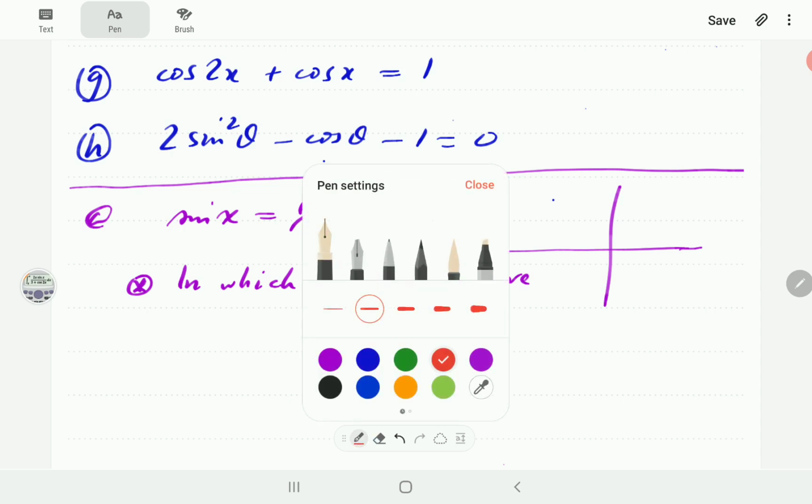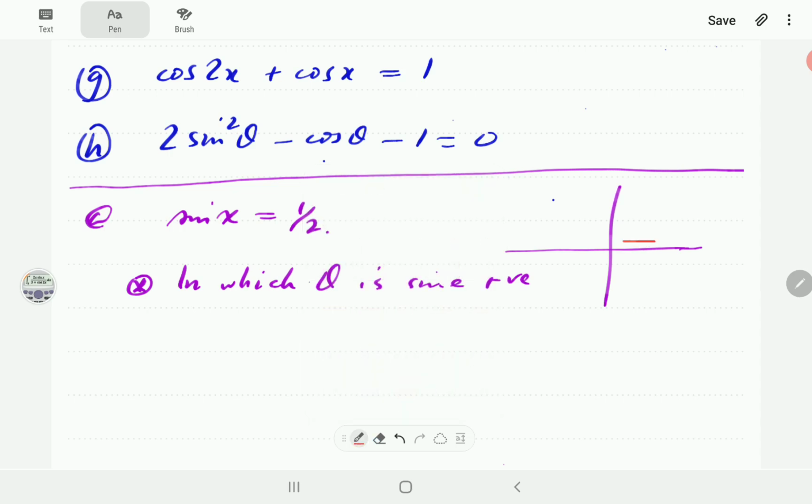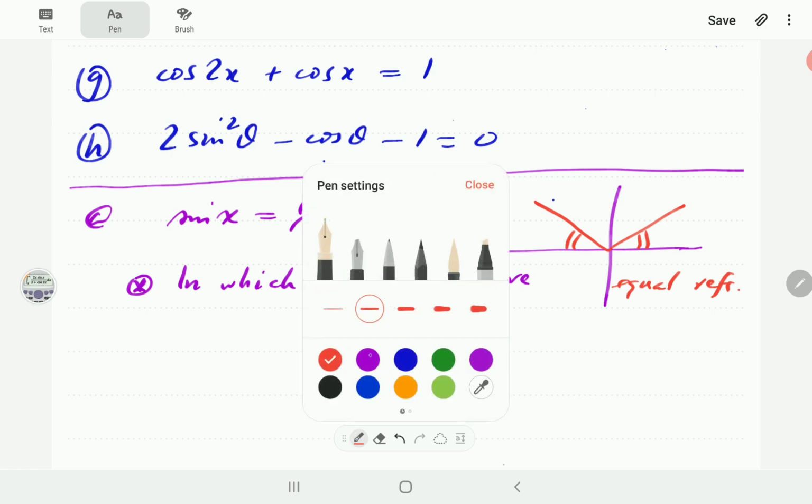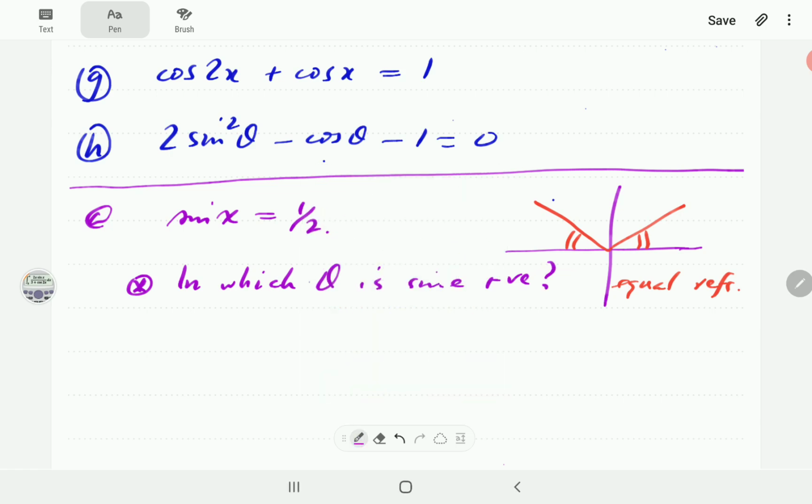And then we're going to recall that actually sine is positive in the first quadrant. So we expect an angle in the first quadrant. Sine is also positive in the second quadrant. The relationship between these two angles is that they are going to have equal reference angles. So they're going to have equal refs. Okay, so that is the first question that we need to ask